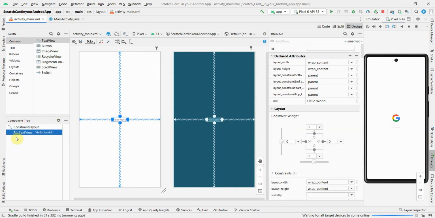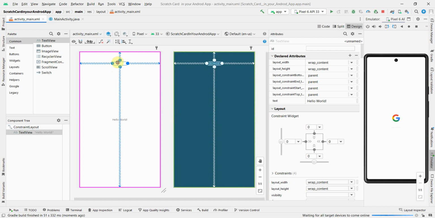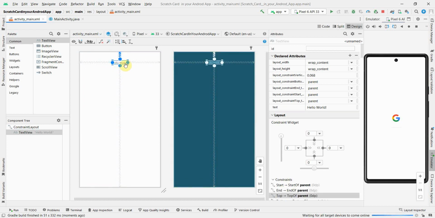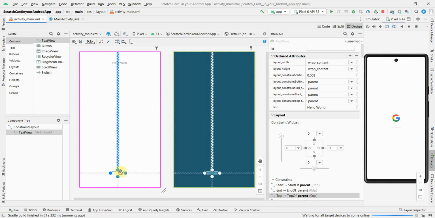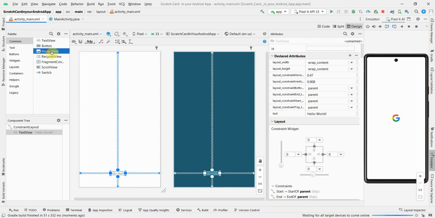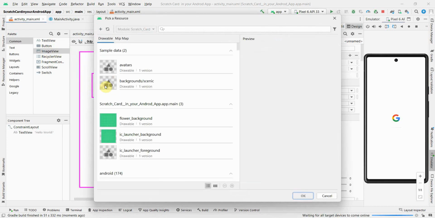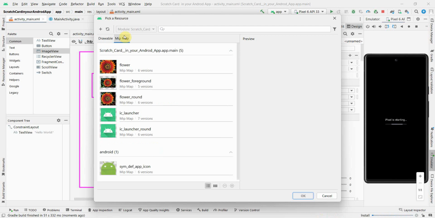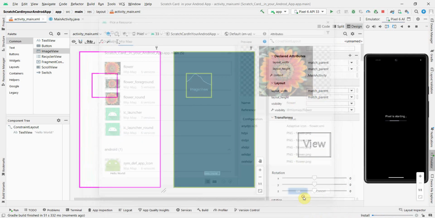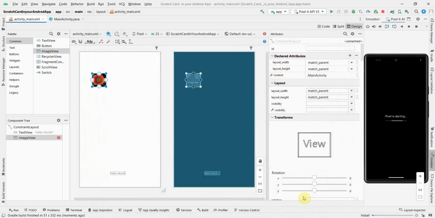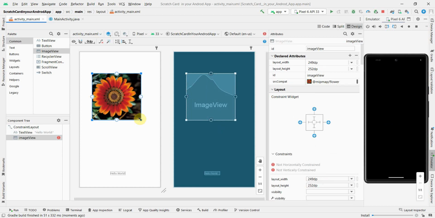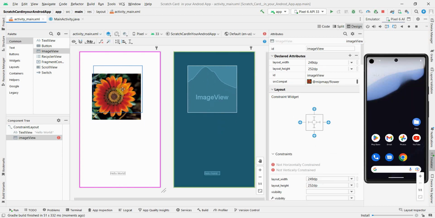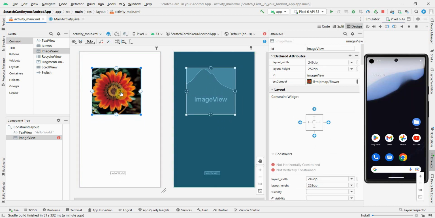I don't think I need a text view, or probably I'll keep a text view. I'll show you why I'm keeping it. I'll keep it somewhere on the top, or probably somewhere on the bottom. And then I will need two image views first of all. The first image view will be with this flower, which will form my base after the scratch card is scratched, just to display something. Perfect. I will put it somewhere here,